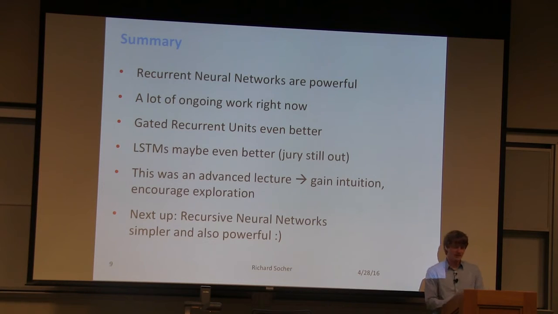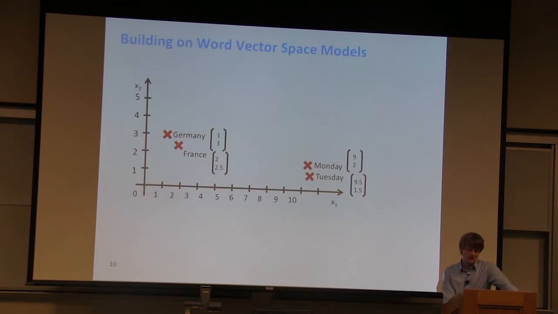Cool. All right. So now let's talk about recursive neural networks. Generally, when we built our word vector spaces for single words, we found that they basically capture syntactic and semantic information, right? Parts of speech, like nouns, all cluster in one part of the space, and as you zoom into the noun cluster, you see different semantic features and semantically related and similar nouns clustering together. So the vector of Germany would be closer to the vector of France than it would be to the vector